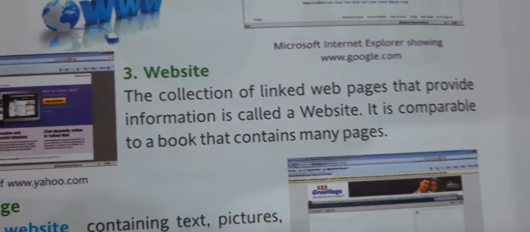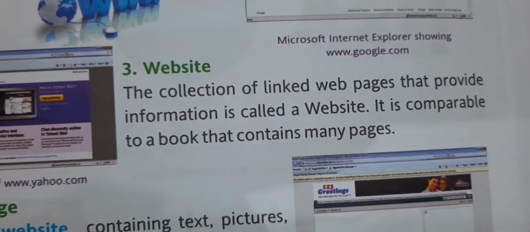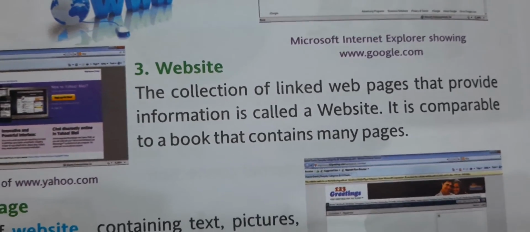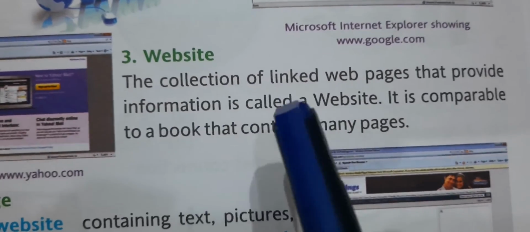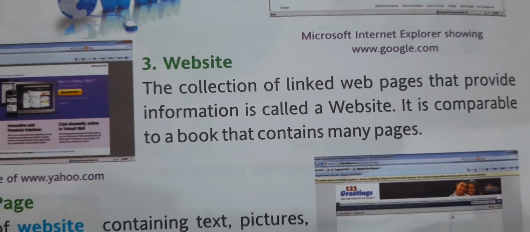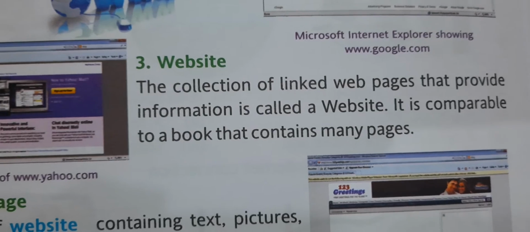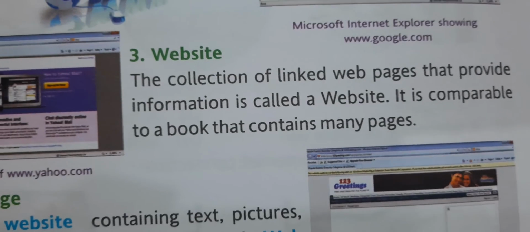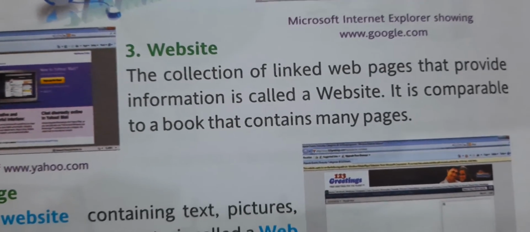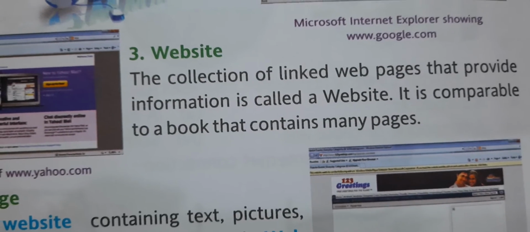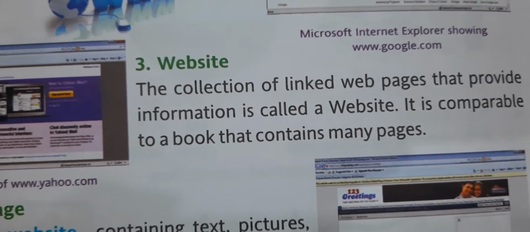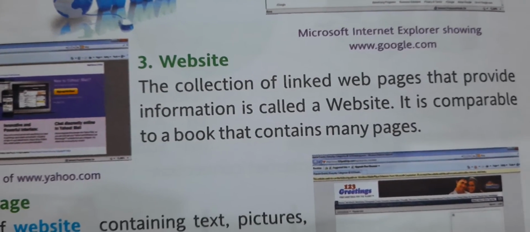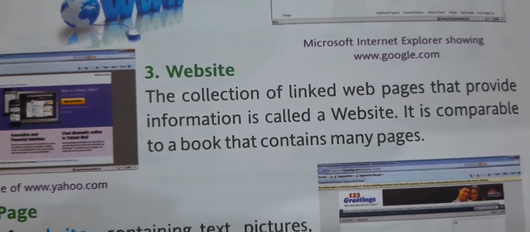How can we know that these are linked? Suppose you visit the website of your school, St. Patrick's Junior College, and you want to access the gallery, some pictures there. So you will keep on clicking on the various options. Clicking means you are opening the other pages. So there has to be a link between various pages. The first page is the home page that you see, and thereafter one by one you are accessing various different pages. So these web pages are linked.